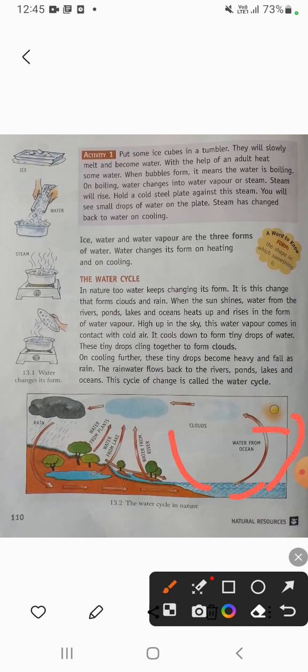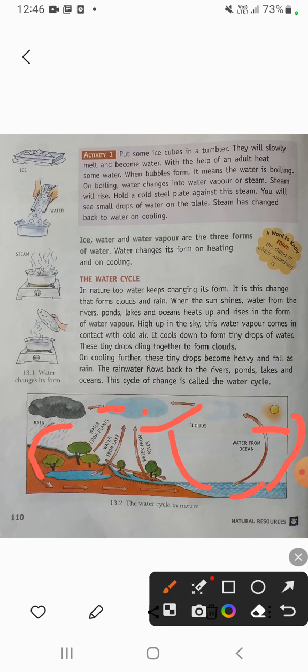High up, where it cools down, the water vapor turns into tiny drops of water, and these drops of water form clouds. Okay, in the clouds the tiny drops join together to form large drops. Okay, and these large drops are heavy and fall on earth as rain. Okay,